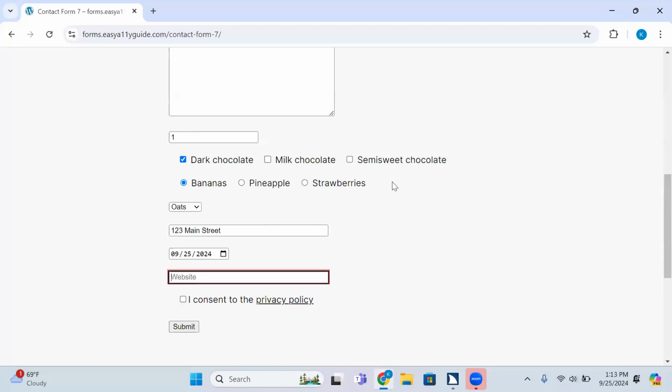Show date picker button. Website, edit, blank. Type in text. So this is just testing a URL field. And that's not required, right? It doesn't say required or anything. It is not required. Okay. Just do easy A11 or example.com. Leave it blank if you want.